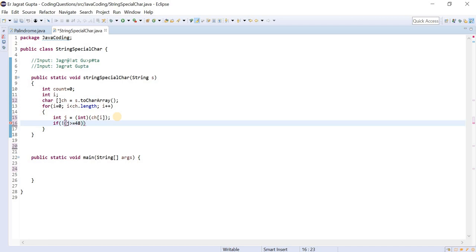So 48 and j is less than or equal to 57. Again I am going to tell you, I will not suggest this particular method, because nobody is going to remember these ASCII values, but you need to learn the basic concept of where these things are coming from. That's why I'm telling you.